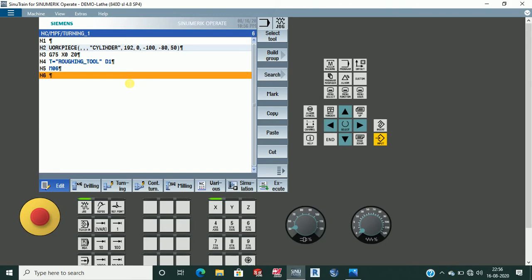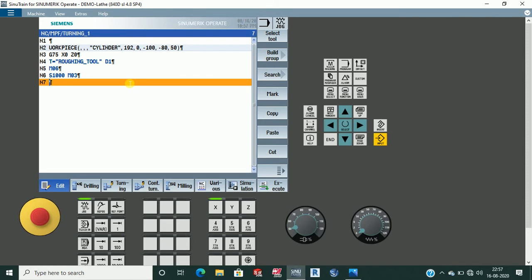Simply give G97. Leave that, because there is no use of G97. Basically give S1000 M03. 1000 RPM, and M03 is clockwise direction rotation.